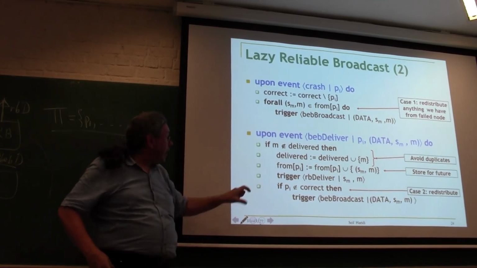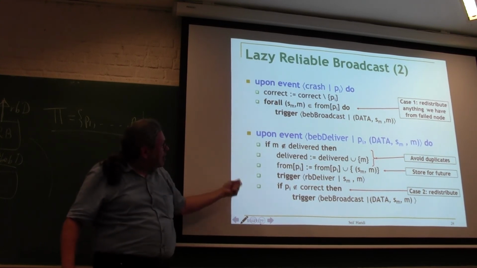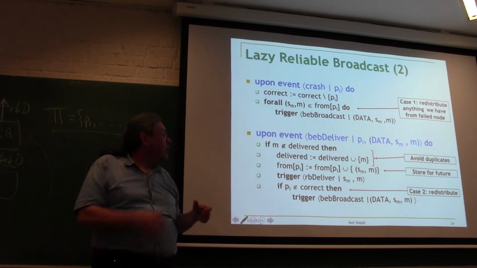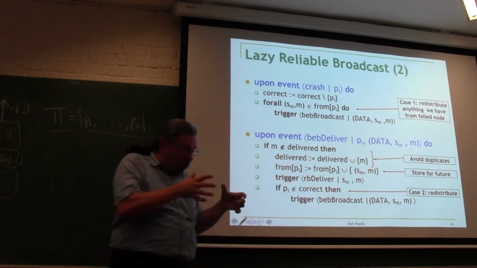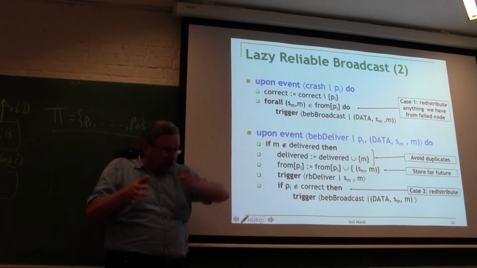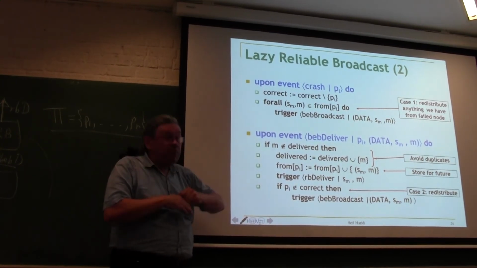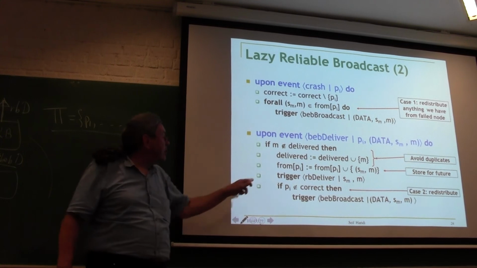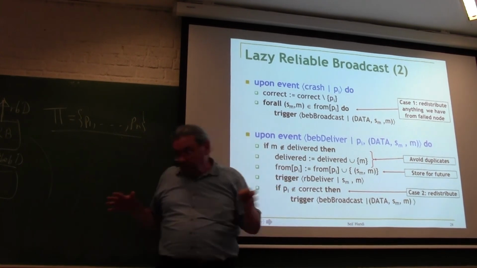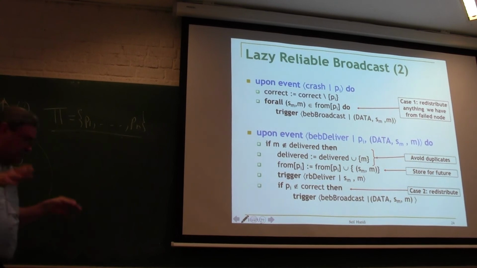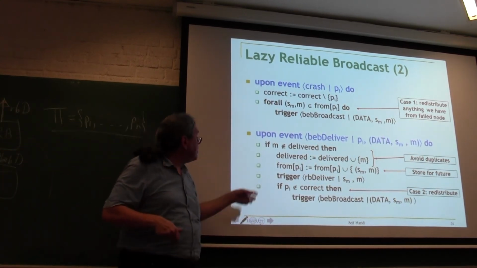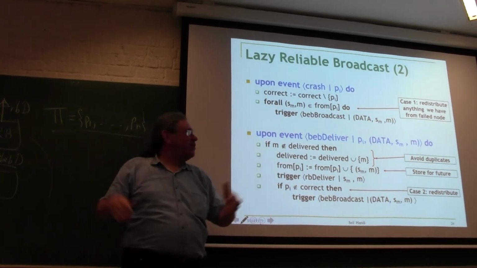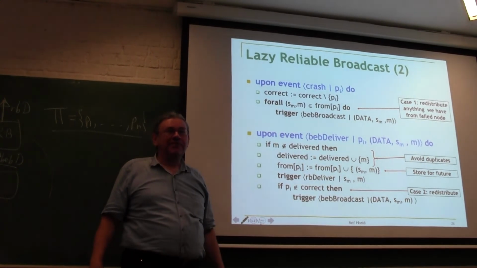But you are absolutely correct in the sense that if you want to make this practical, you have to do a little bit of garbage collection after. But that doesn't have to be so efficient, huh? You can allow these things to grow for a while, and then at some point you figure out that everything related to M is done, so then you can clean them up. Okay? So it's not so critical. You can allow them to grow a bit, and every 10 minutes or whatever, you do some kind of cleanup. Or you do something smarter like in TCP. You have sequence numbers, or you have windows. I mean, there are ways to make it more efficient.